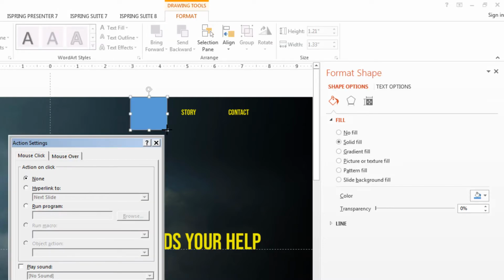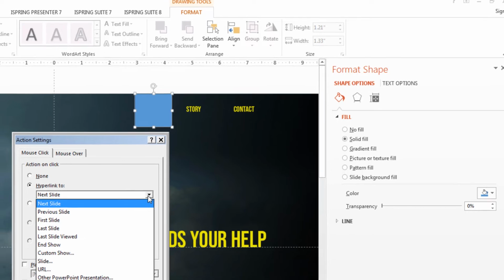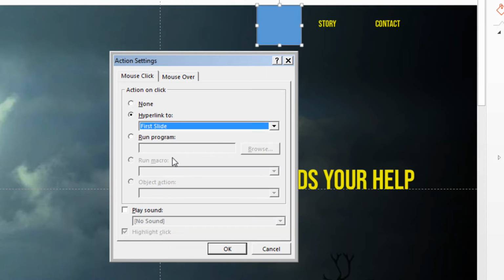Give it a little room. And now I'm going to be able to link to a page. And this action setting comes up. I click hyperlink, and I know that we're going to the first slide, so this will automatically go there. I'm there now, so nothing will happen. I'm going to click OK,